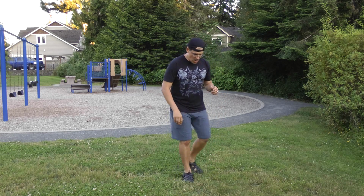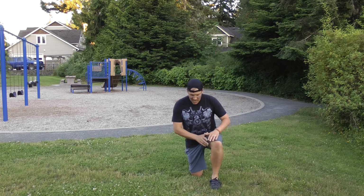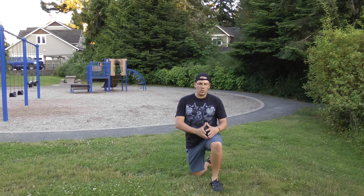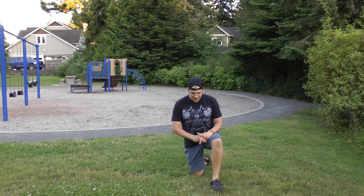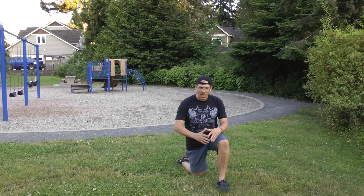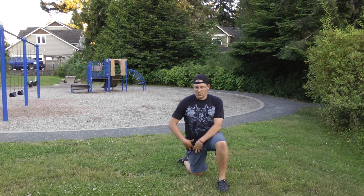Now, what oftentimes will end up happening is people will not end up looking at that back leg and how much that back leg is rotated in and rotated out. So a lot of people will go into the exercise and they'll end up having that heel inwards so that their thigh is externally rotated, and they'll do the stretch and they really won't feel much from the stretch. So then what I end up getting them to do is internally rotate, so bringing that heel out and then going into that stretch, and they'll end up feeling a greater intensity in that stretch,